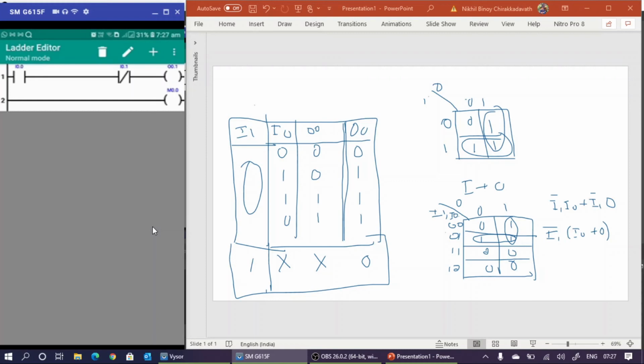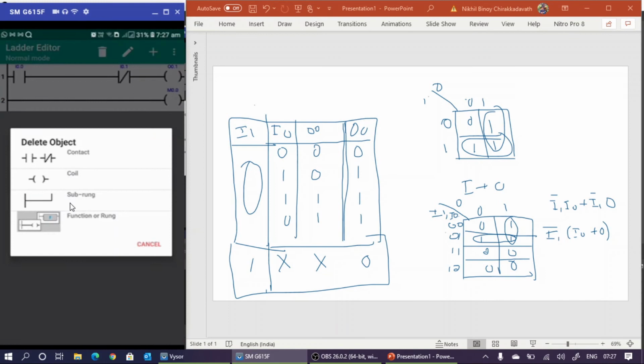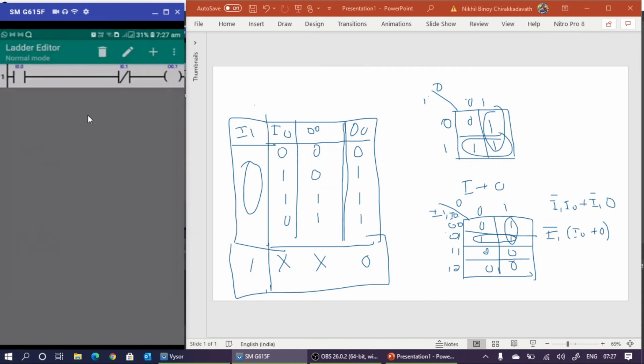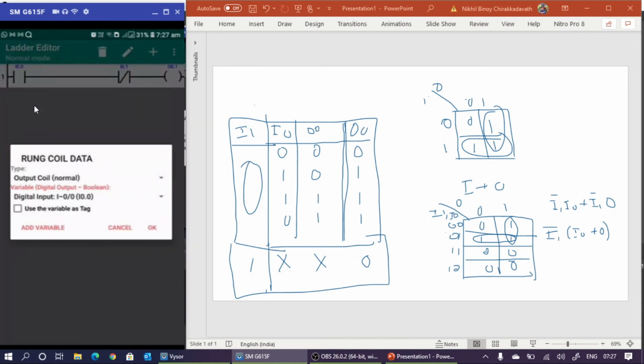so what I did, the problem is if you are adding, so first I will delete this one. So how to add a new run? Press this button, add run. So somewhere here click.